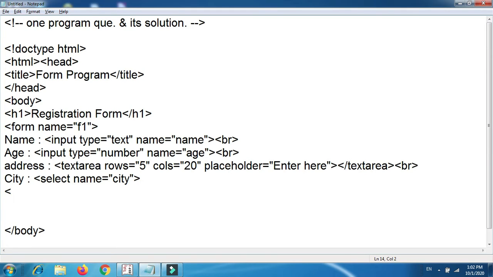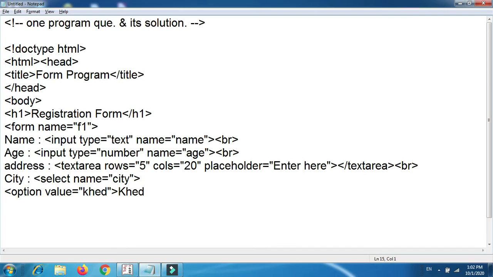Now the next thing is the option tag, because select is a pair type of tag and it is also called a container tag. So, the option tag next, use value, use city names like Khed, Khed, fine.